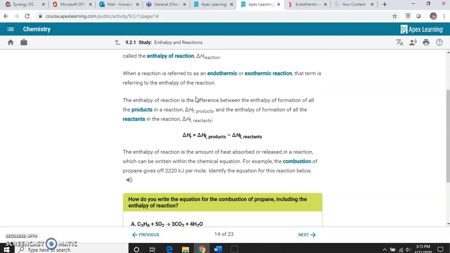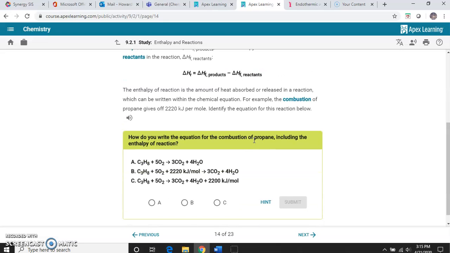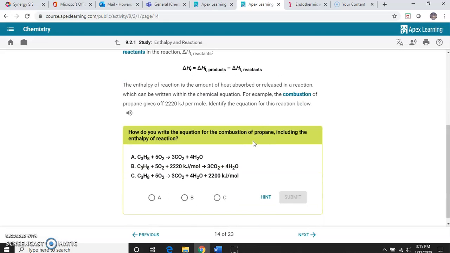I understand this gets a little bit confusing as it goes different ways, but what we're going to look at is the enthalpy of the products, subtracting the enthalpy of the reactants, and getting, is it a positive, is it negative, is it greater than 1 or less than 1. Now, when we look at this, for the combustion of propane, including the enthalpy of reaction, now we know that it's going to give off